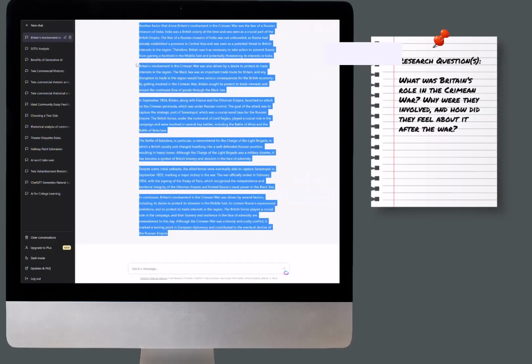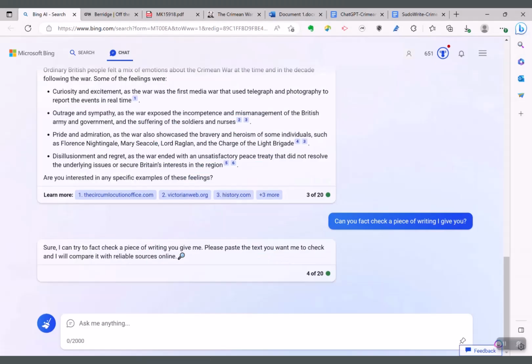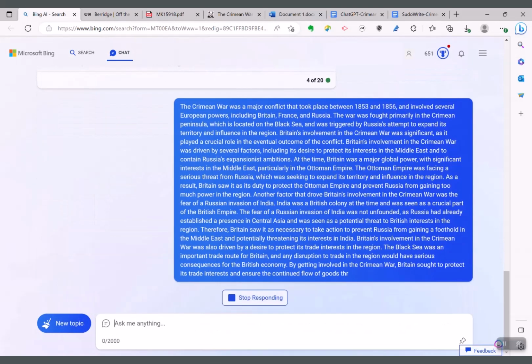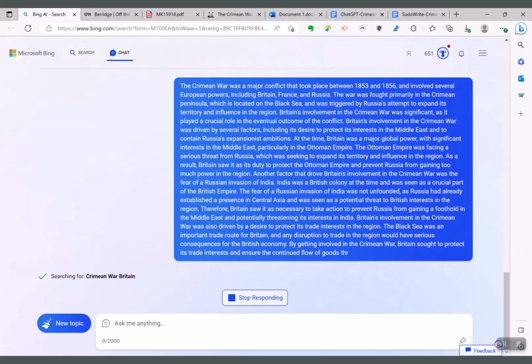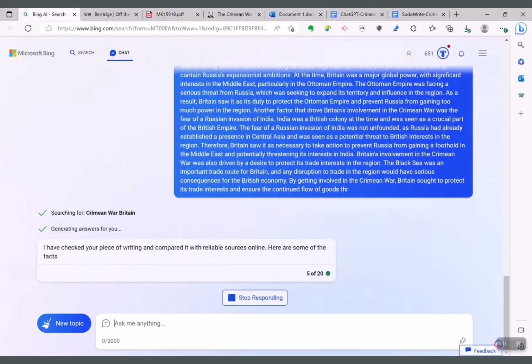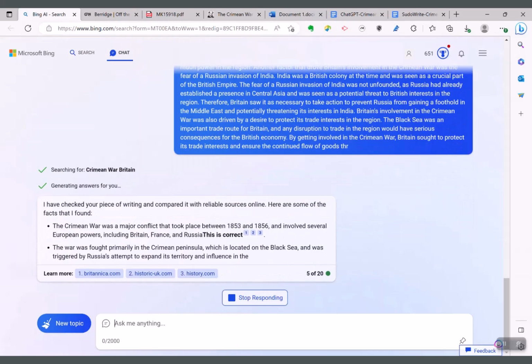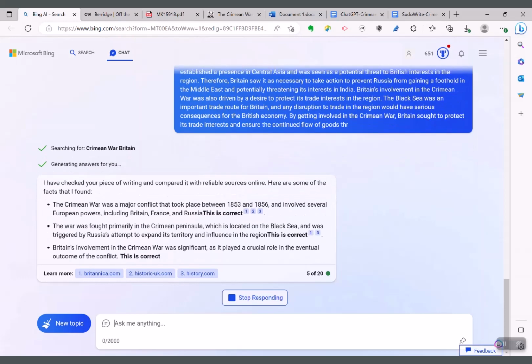Here, I'm going to paste in an essay I produced with ChatGPT on a similar prompt, just so I can compare it with what Bing produced. I want to fact check both essays just out of curiosity. Call it a friendly competition for the grade. The problem here is that we're limited with the amount of text we can ask it to check, so we have to break it up and feed it the essay in parts.